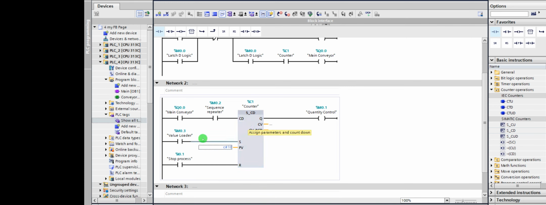So how do I load? By clicking this value loader to load it the first time. Subsequent times, you won't need the loading. The system will load it by itself. All you need is for this sensor to be sensing the number of items coming and counting. Once this sensor counts each